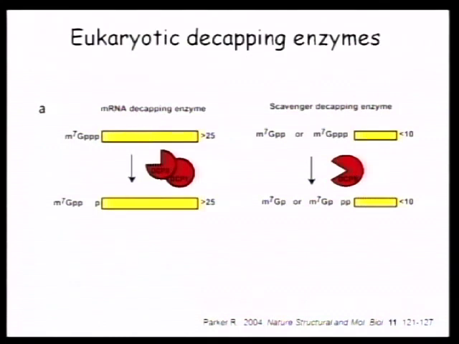So the decapping, there are actually two decapping enzymes. One is called DCP1 and 2. DCP2 is the catalytic, and DCP1 is a regulatory subunit, and the other is DCPS. So this is the one that decaps full-length messages, and it decaps by cleaving between the alpha and beta phosphates. This is a scavenger enzyme that at the end of the exosome degradation from 3' to 5', it cleans up these capped oligos. So it has to work on short oligos, and it cleaves between the